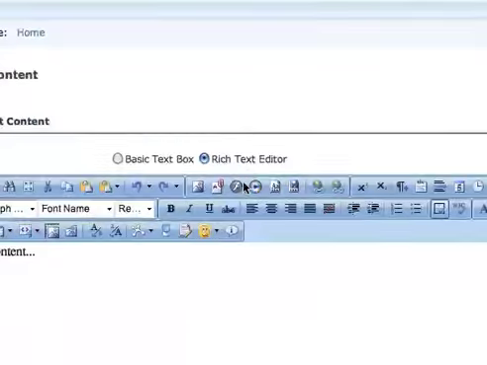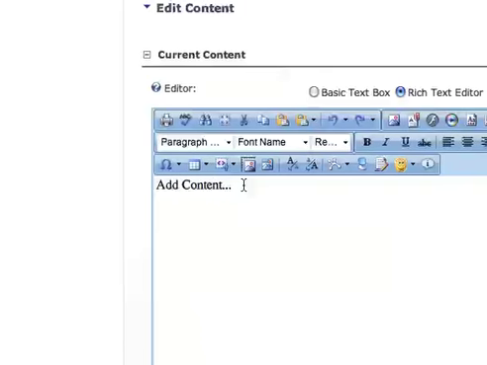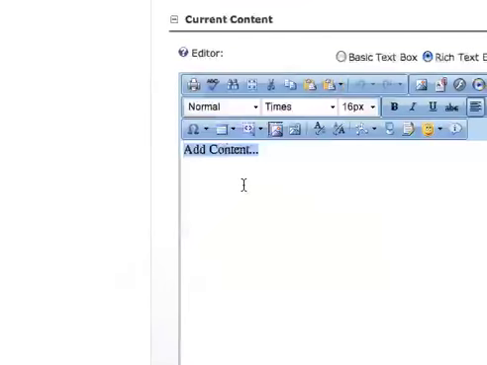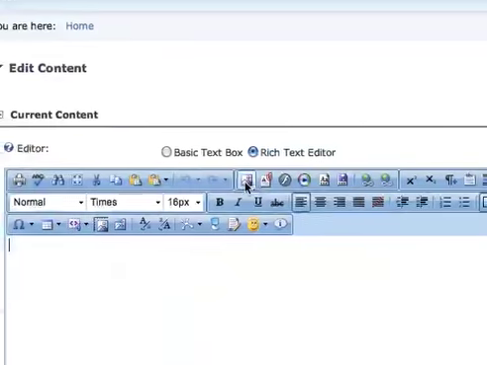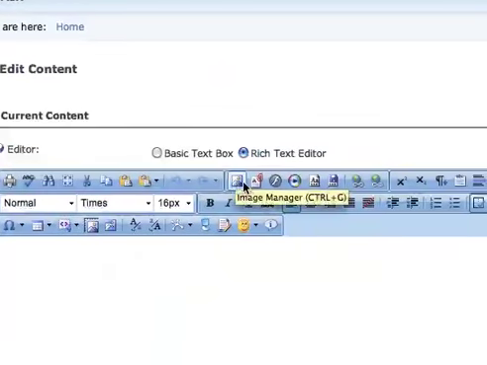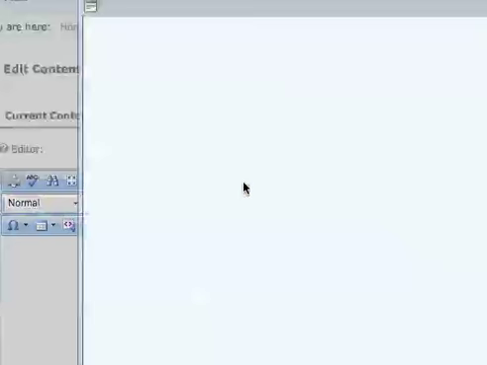For this module, this is the same place you went before. You notice you have this Add Content option. Go ahead and delete that. Now, you mentioned wanting to add an image, so there's this little button here, the Image Manager. I'll click on that to pull up the Image Manager, and this will load here in a little pop-up